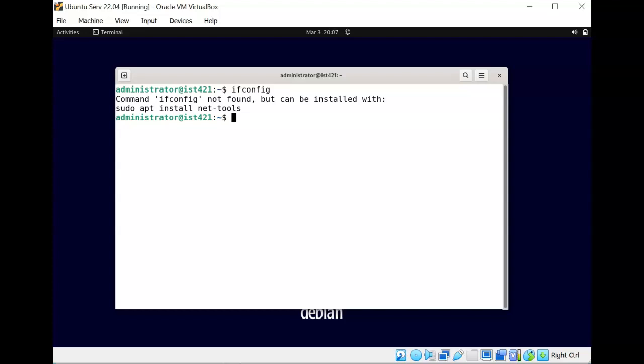Hit enter. If you get the message that the command ifconfig is not found, but it can be installed with net-tools, we need the net-tools small application in order to use ifconfig. I believe that there is a network manager